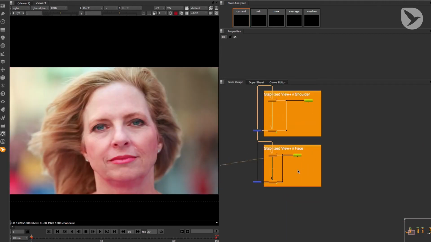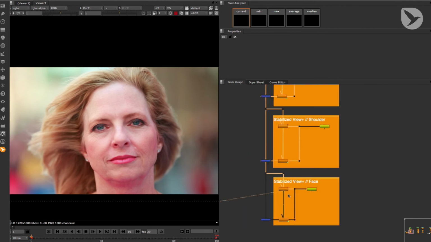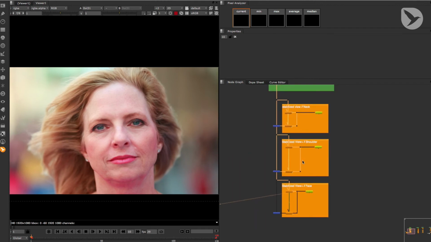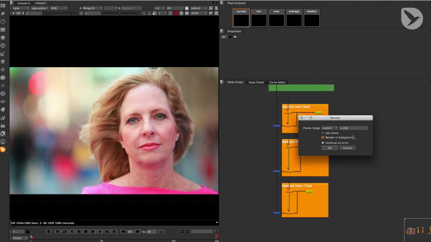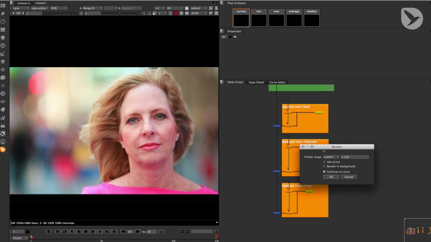What I did was render out one frame out of every stabilized view so that I could retouch these plates and turn them into clean plates in Photoshop CC. And then I merged them back into these setups. So now I'll render these plates by hitting the F5 key, which is the hotkey for rendering all. Change the frame range to 1